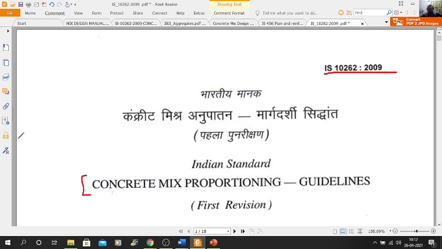And this code is a must when we are designing the mix for the IS method of mix design.